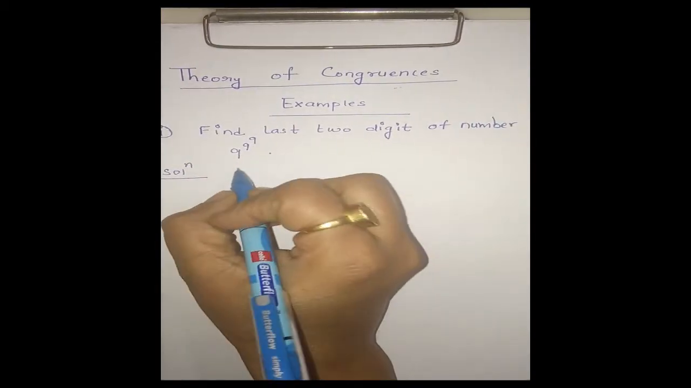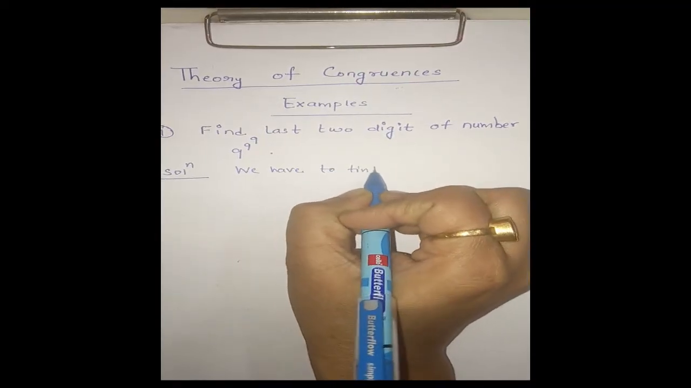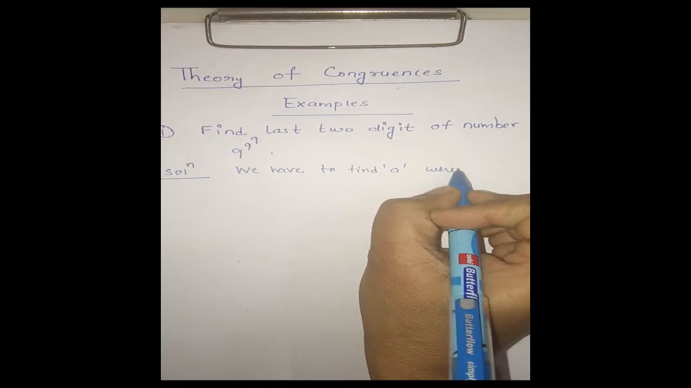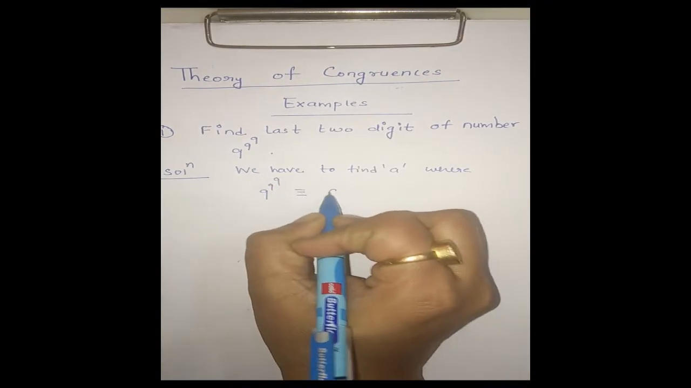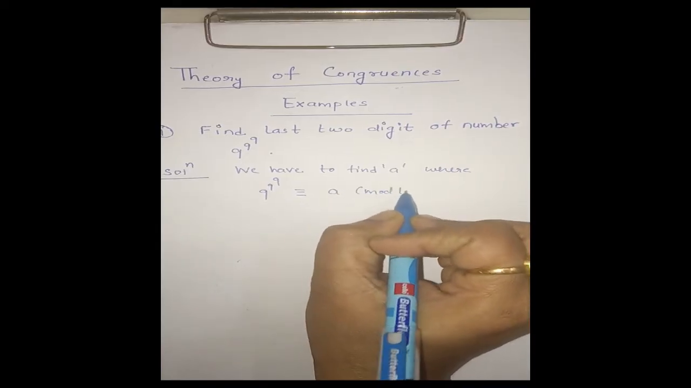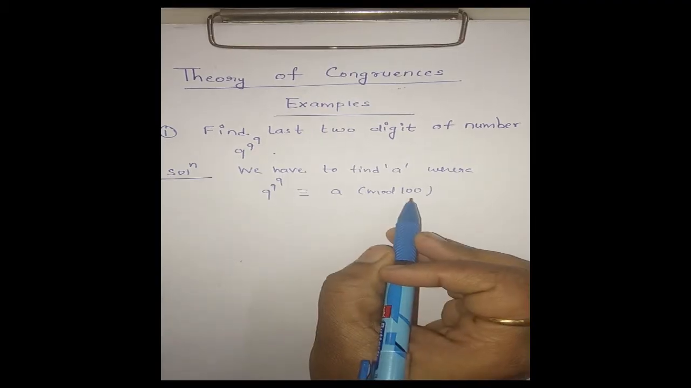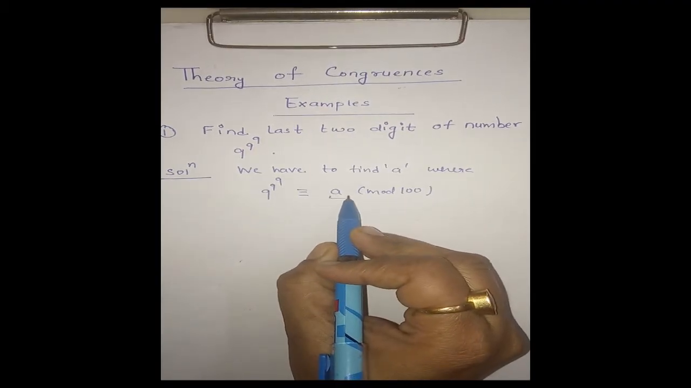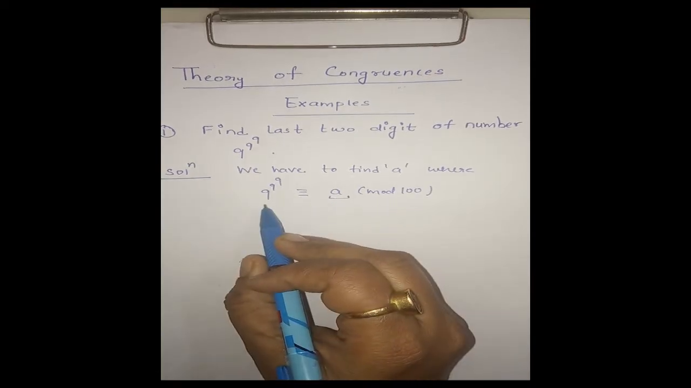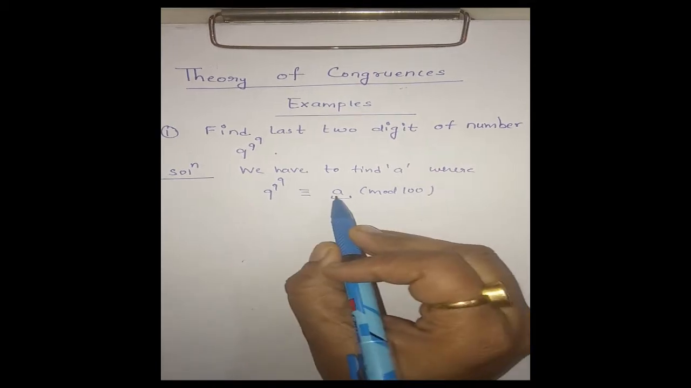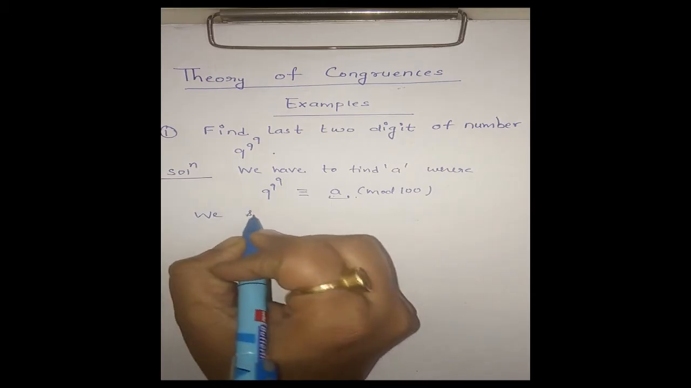We have to find a, where a is given by this congruence modulo 100. That means a is the remainder when this number is divided by 100. This a will be the remainder, or in other words, this a will be the last two digits of this number. Clear? Now we have to find this a. Okay, now we see that